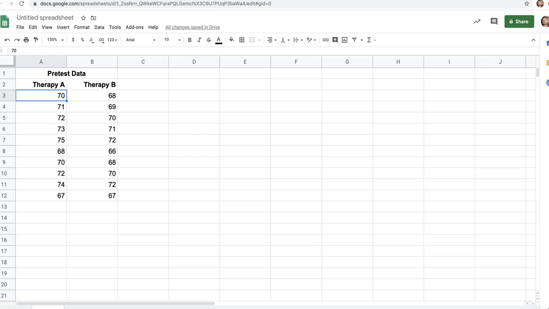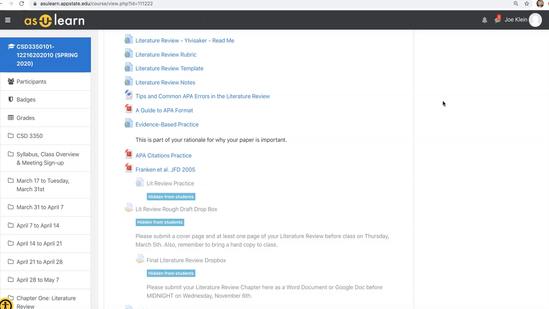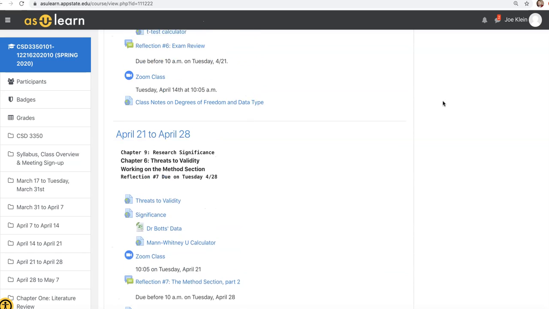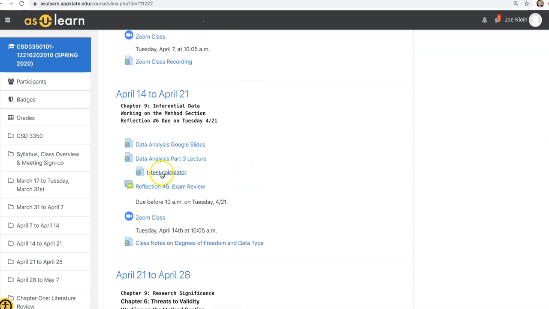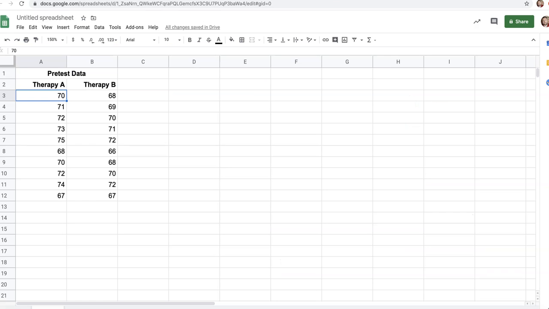So let's go ahead and do that as far as our study. Let's go to our home page here, our As You Learn page, and scroll way up. And let's go to a t-test, because we're doing a Goldman-Fristoe. So we've got interval data, so that's going to work. So I'm going to copy my therapy A. Edit,